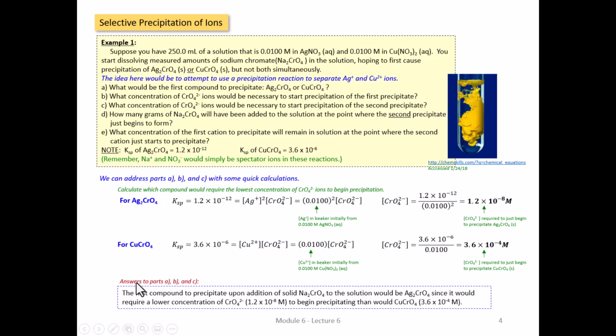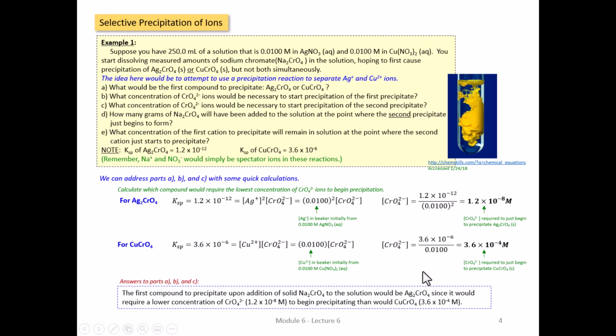So we've actually answered the first 3 parts here. What would be the first thing that precipitates? Silver chromate. How much would be required? What concentration of chromate ions would be required to start precipitation of this first precipitate? 1.2 times 10 to the minus 8 molar. What concentration of chromate ions would be necessary to start precipitation of the second precipitate? You'd have to get the concentration up to 3.6 times 10 to the minus 4 molar to get copper chromate